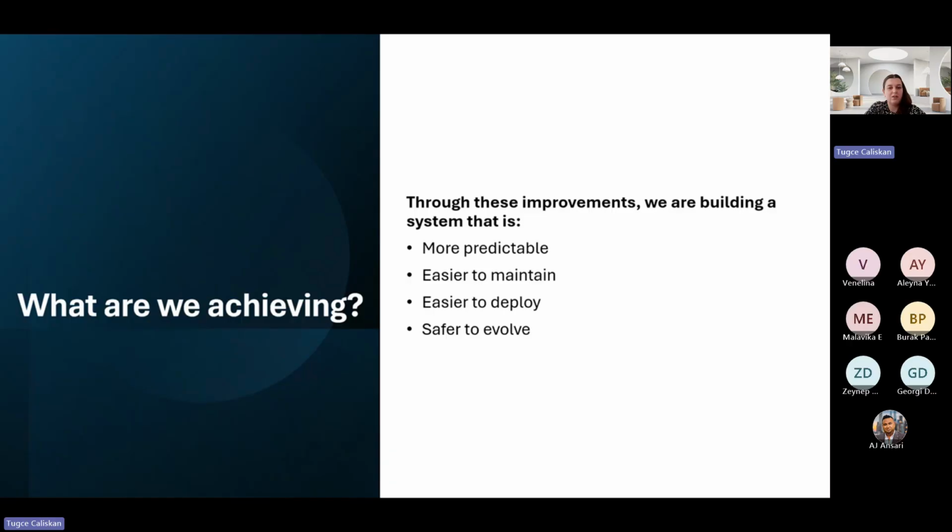Easier to maintain, deploy, and safer to evolve. So the goal here is not just to evolve the system for today's problems, but to make sure the system remains reliable, maintainable, and scalable as it evolves, so that we would actually grow and the system could grow itself.